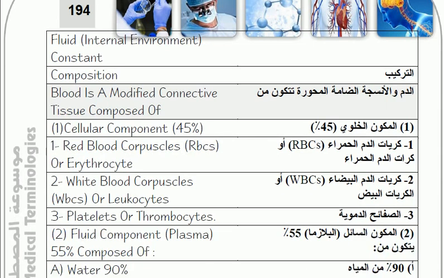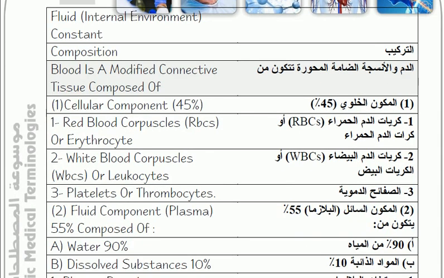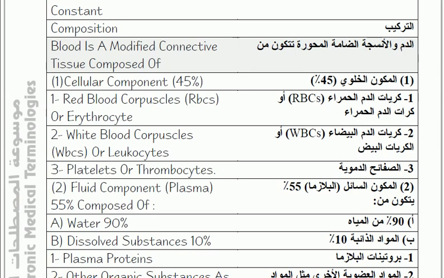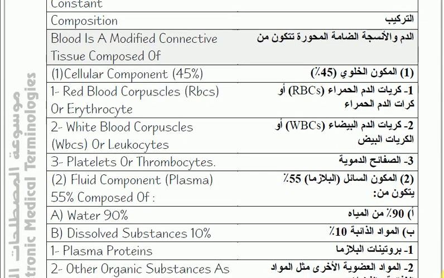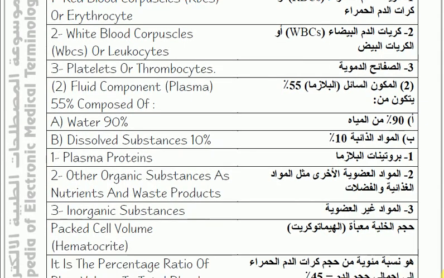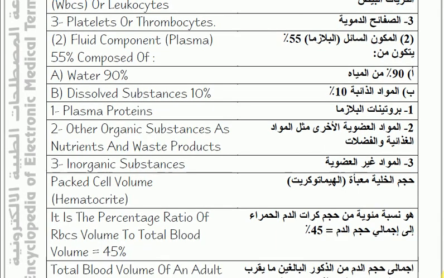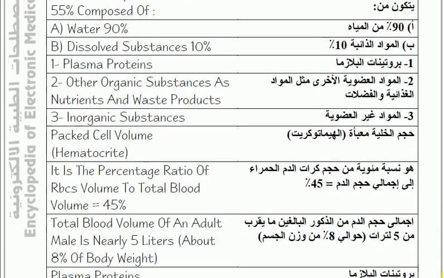Composition. Blood is a modified connective tissue composed of 1. Cellular component, 45%: 1. red blood corpuscles, RBCs, or erythrocytes; 2. white blood corpuscles, WBCs, or leukocytes; 3. platelets or thrombocytes. 2. Fluid component, plasma 55%, composed of A. Water 90%. B. Dissolved substances 10%: 1. plasma proteins, 2. other organic substances as nutrients and waste products,